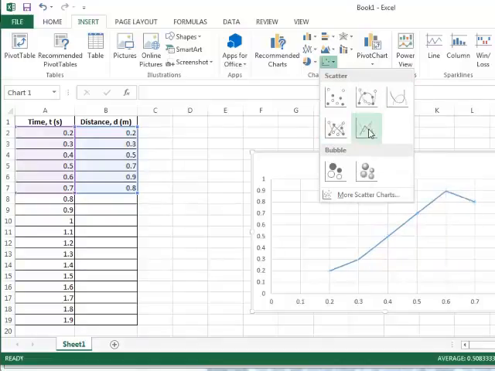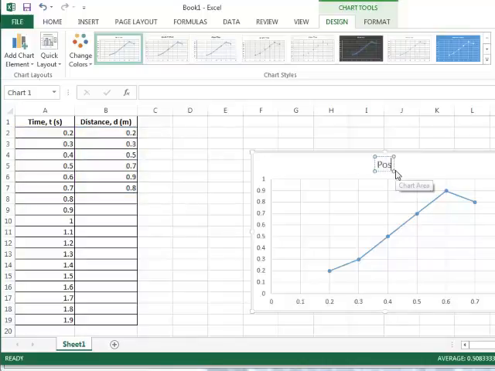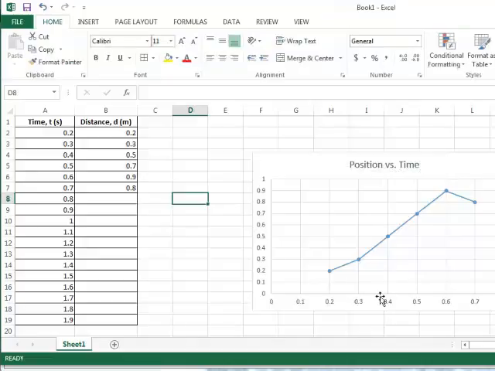I always like to use smooth lines because it gives a better idea. Although in this case, you probably want to use a jagged one because it's going to move a lot smoother. But you can see literally what's happening there. You can rename this position versus time as such, and even name the axes labels later.